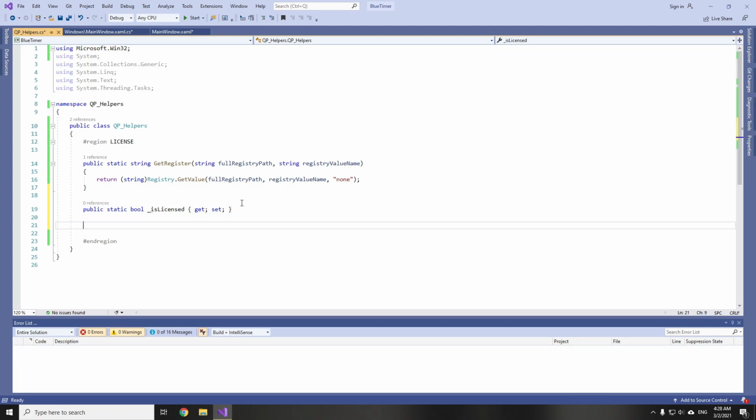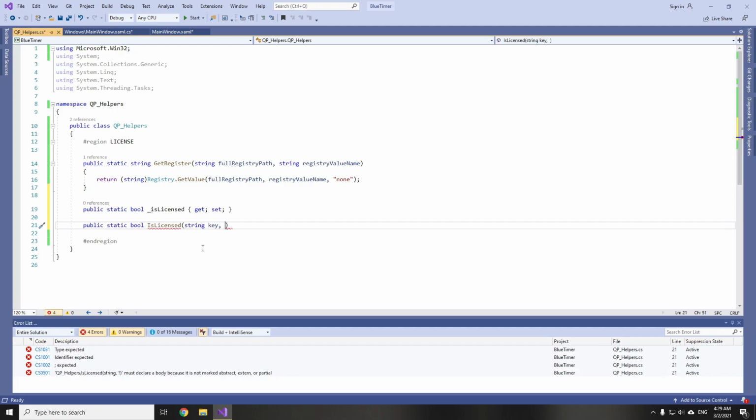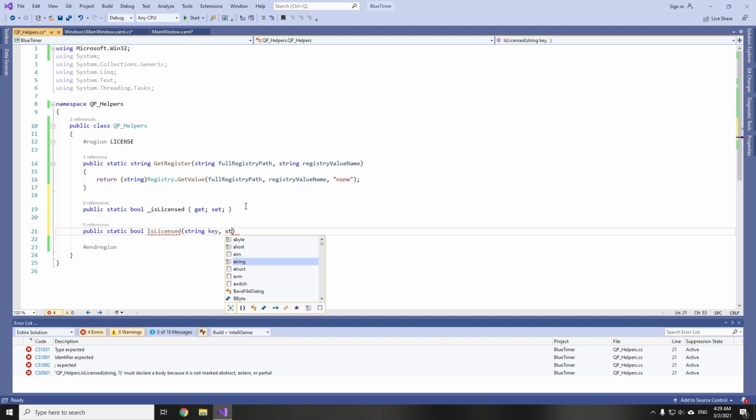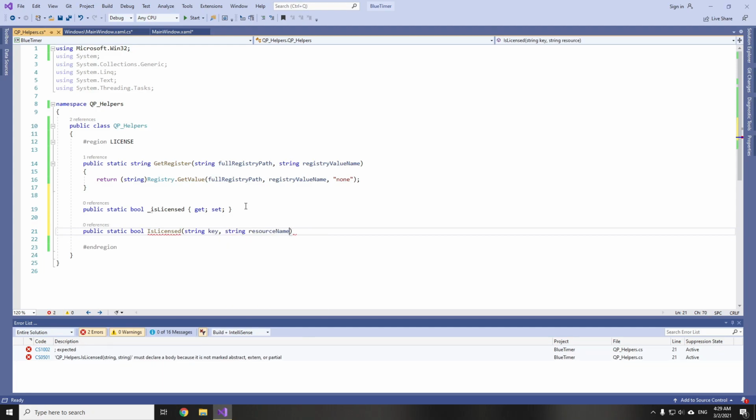So I will create a method which will return bool, and it will be called IsLicensed. It will accept a key that we are going to compare and the resource name, which will be the resource where we store our different values to compare with.